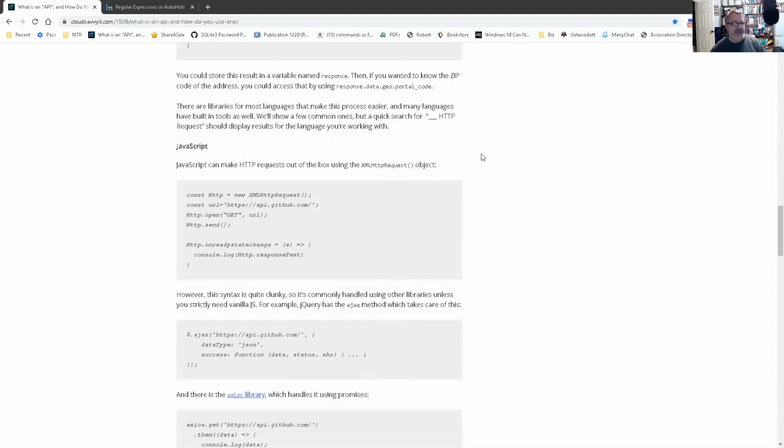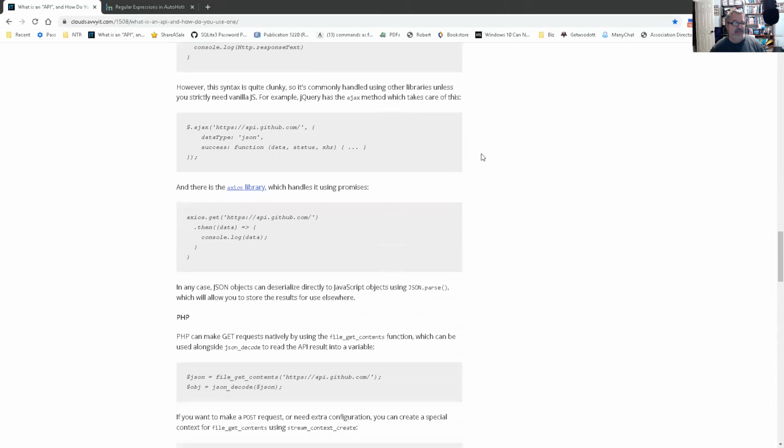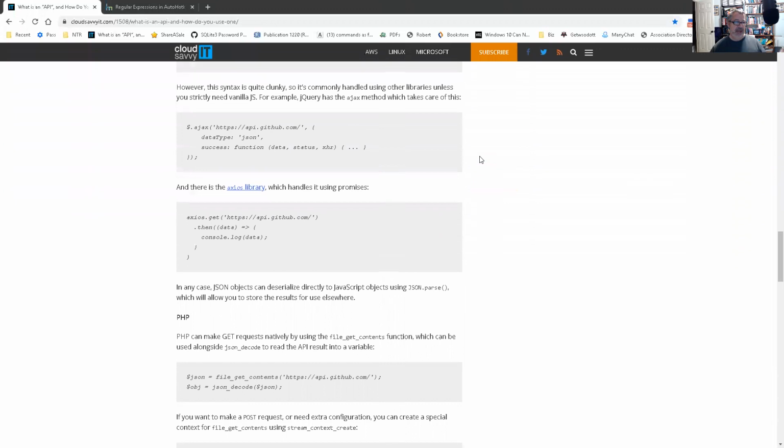So let's see. They go in here and they have an example with JavaScript, I think one with Python, and show a little bit of PHP as well, and show you the similarities. That's why I kind of like this, was they actually showed you in a couple different languages. Some languages like PHP, and I think it was JSON, have built-in ways. Well, actually, that's right, because they used the JSON query. They did it first in JSON, and then they did it with JSON query and showed a little more efficient way, I think, to do it.